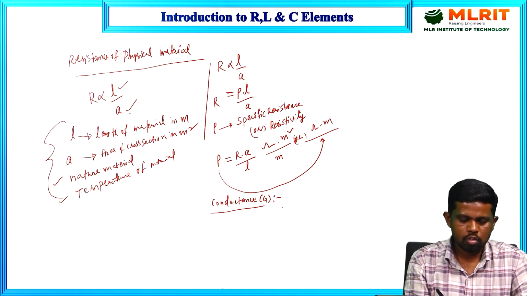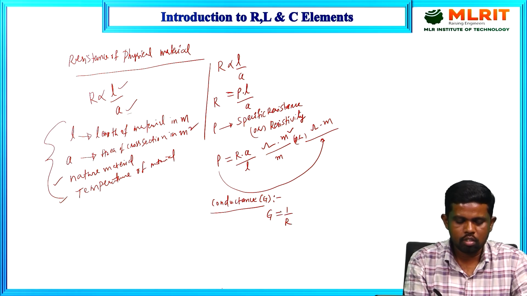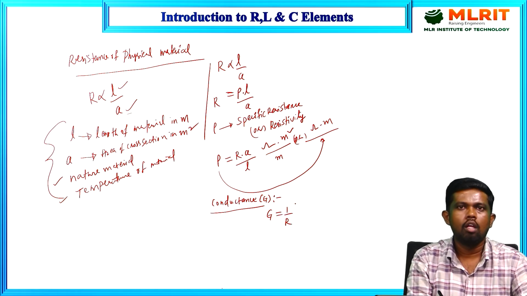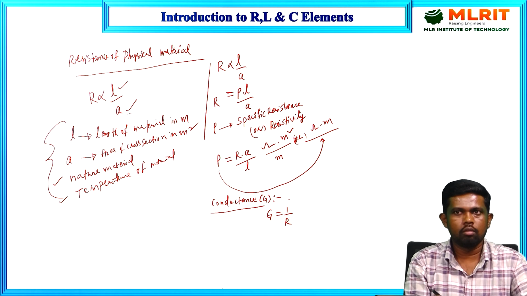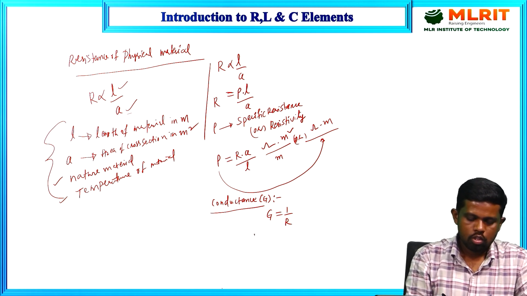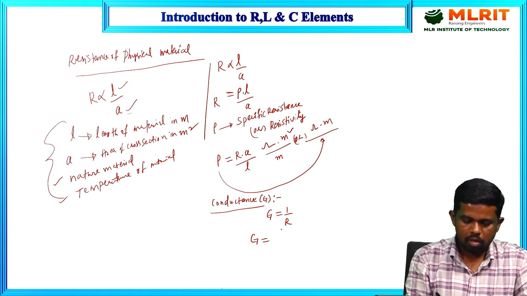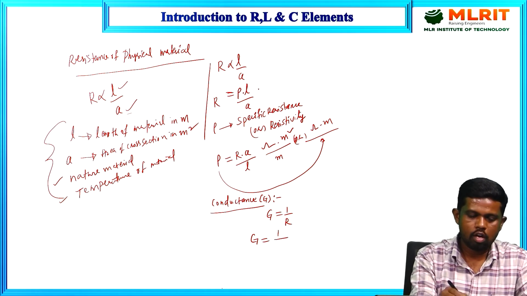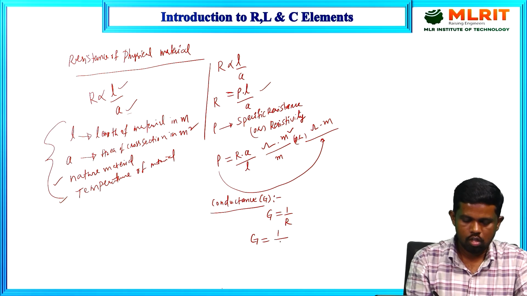So in words we can write G equal to 1 by R. In other words, we can also define it as the reciprocal of the resistance, which is also called the conductance of the material. So you can replace the resistance value with 1 by R, or instead of R we can take this formula, that is rho into L upon A, then A upon rho into L we get finally,